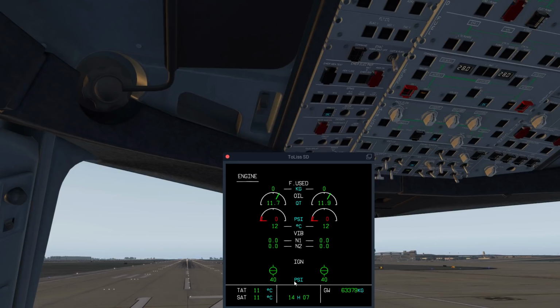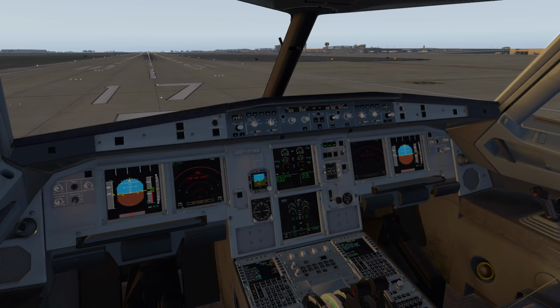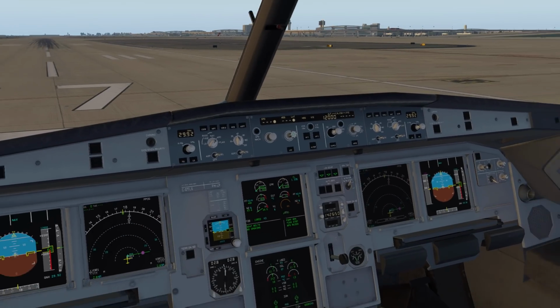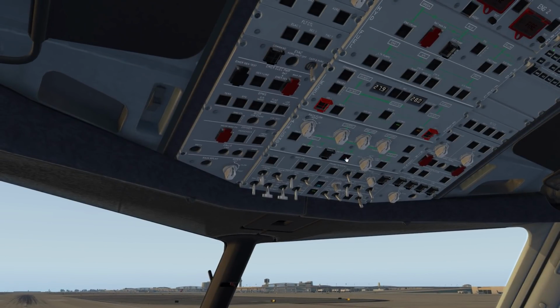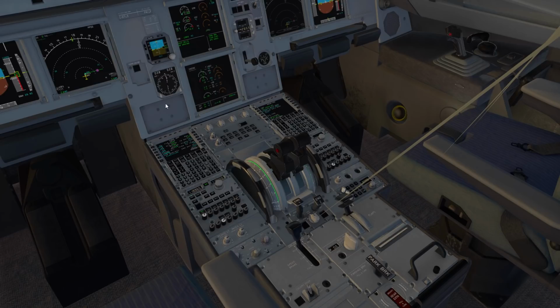Yeah, it still pressurizes instantly. I don't like to see that, but we'll try to do a start without bleed, and we'll see the ECAM procedure pop up. Alright, so we have engine 1 running, and I said I was going to test their APU bleed, or not necessarily APU bleed, but their engine start bleed